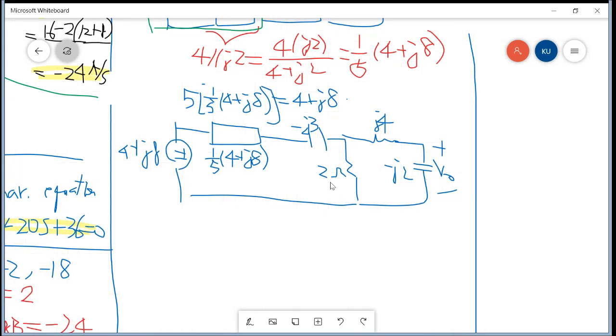Okay, so next, this is minus J3, this is 1/5 multiplied by 4 plus J8. So next,